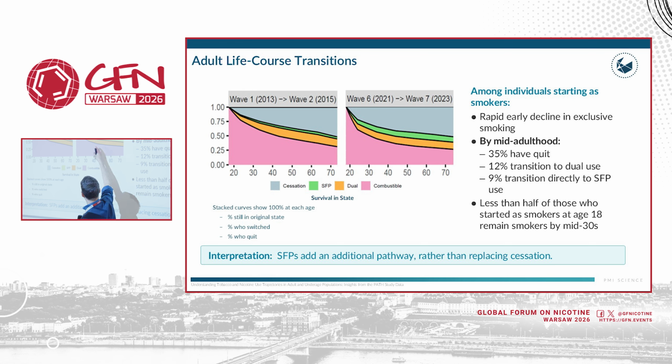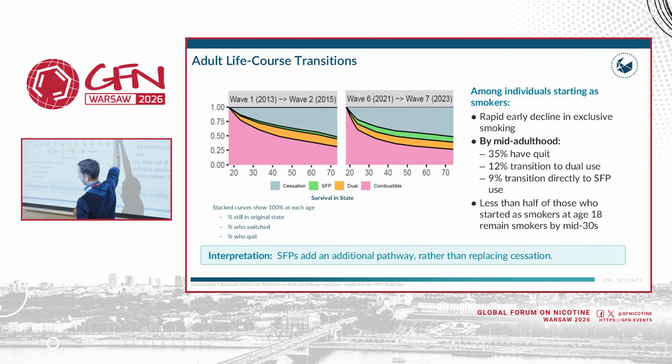compared to 2013. What has increased a lot is the smoke-free products use, right? So how behavior has changed in these 10 years is that there are more and more smokers who switch to smoke-free products, and I will claim later that this happens through a period of dual use.